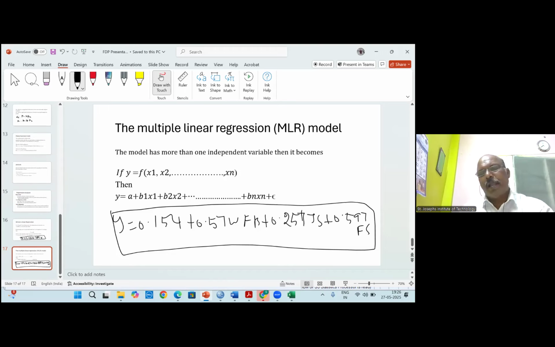That will be handled by our HOD madam in tomorrow's session, on logistic regression. If you have any queries or any doubts,